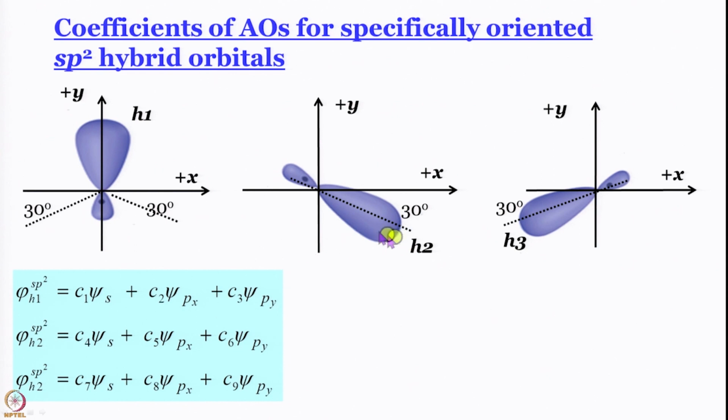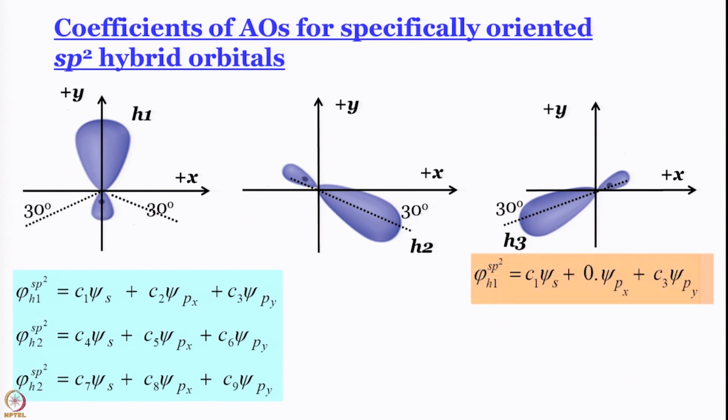But before that, let us look at the picture once. I have held the molecule in xy plane, I have held H1 along y axis. So, naturally the second hybrid is going to be like this. Let us say the second hybrid is towards the positive side of x and negative side of y. The angle between y axis and H2 is 120 degrees, angle between y and x is 90 degrees. So, this angle between x and H2 is 30 degrees. Similarly, the angle between x and H3 is 30 degrees and H3 has to be on the other side. So, minus x and minus y. I hope that is not difficult to understand.